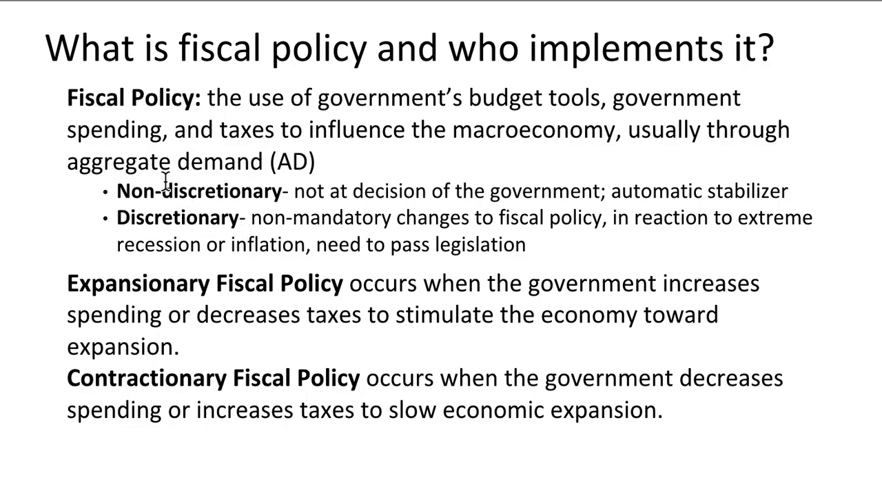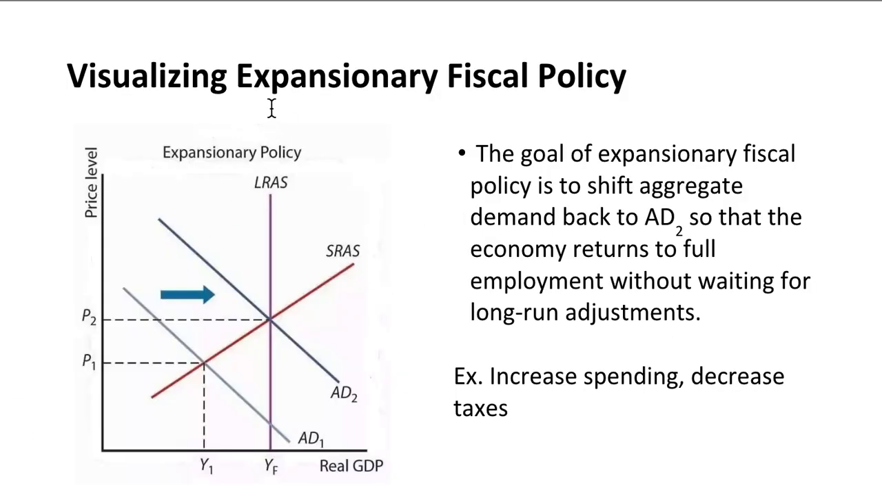So from non-discretionary or discretionary fiscal policy, we have these two types: expansionary fiscal policy and contractionary fiscal policy. We're going to look at the visual of those two types right now. Expansionary fiscal policy, again, has to do with increasing aggregate demand. And we know aggregate demand is represented by C + I + G + Xn. So what the government could do is increase their government spending, the G of C + I + G + Xn,